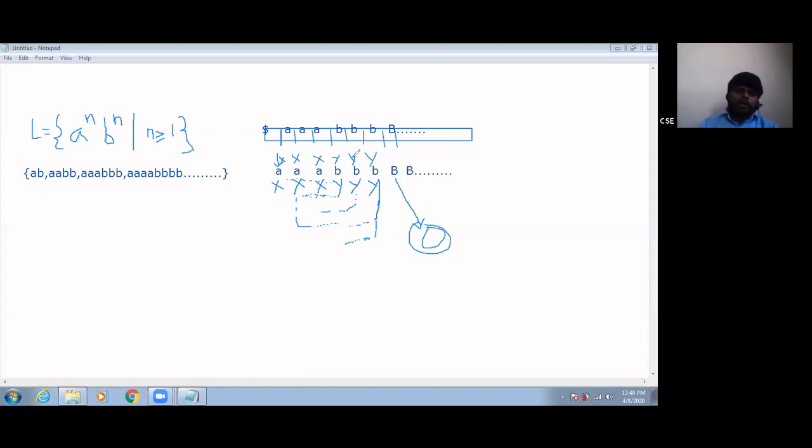And after completion of all the A's, then you can come to the right hand side, and whenever you encounter a blank, that means you are going to the final state. This is a logic. Don't worry. At this point of time, if you understand 50% also is very good. So don't worry if you do not understand fully. But here nothing is there, right? For the first A, I'm checking the first B. For the second A, I'm checking the second B. And for the third A, I'm checking for the third B. That's it.